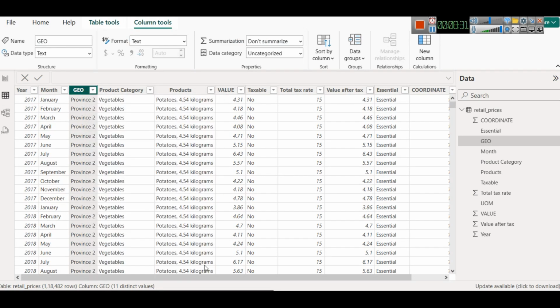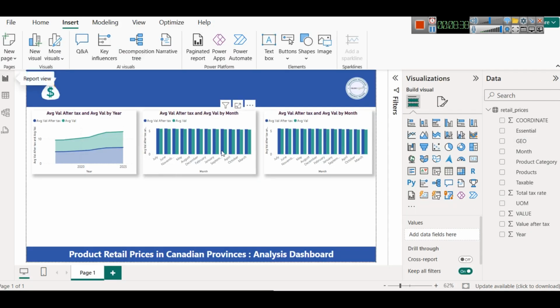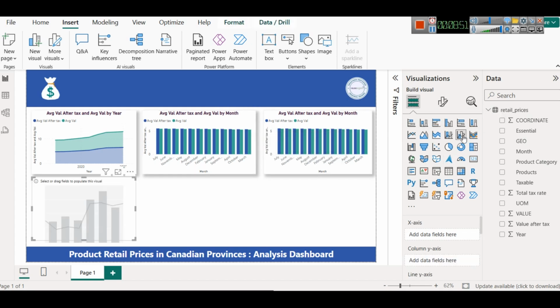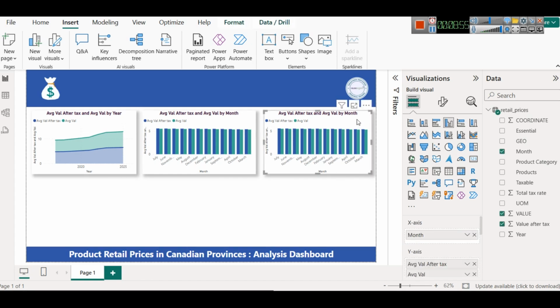We want to see in which particular province the value and value after tax is more, and we also want to see in which province the tax rate, what is the average tax rate there. So as we have selected this chart, we can also select a line and clustered column chart. In line and clustered column chart you will get the same thing, or we can select a line and a